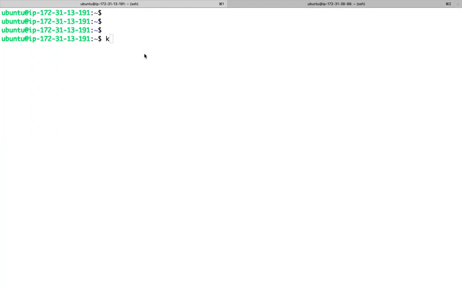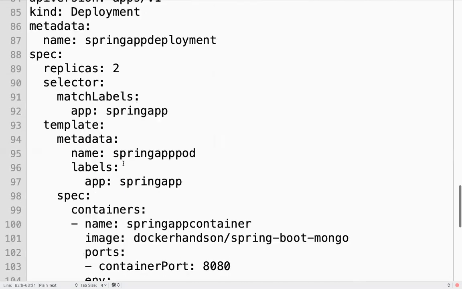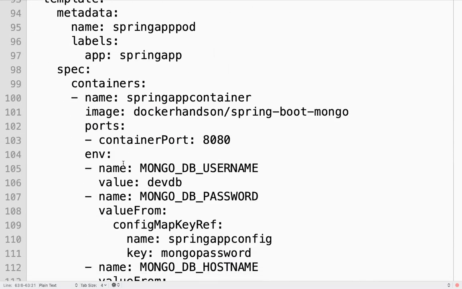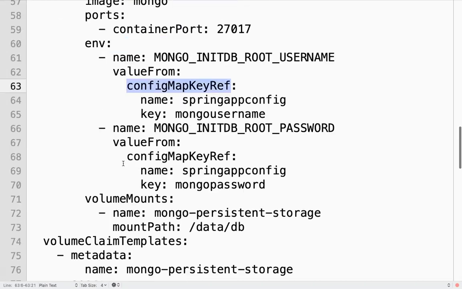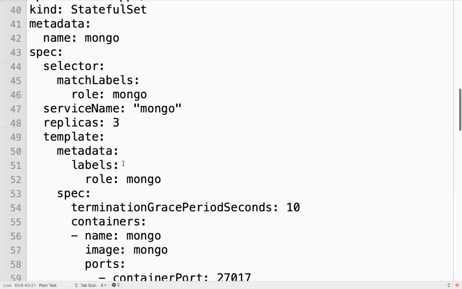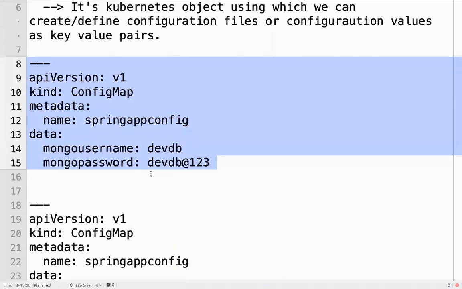Now I can create a config map, something like this. Using command also you can create, guys, or using manifest also you can create. If you want to create a config map using command also you can create, kubectl command imperative, or using manifest file also, something like this.